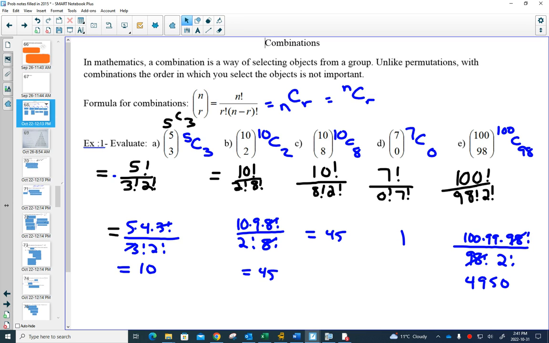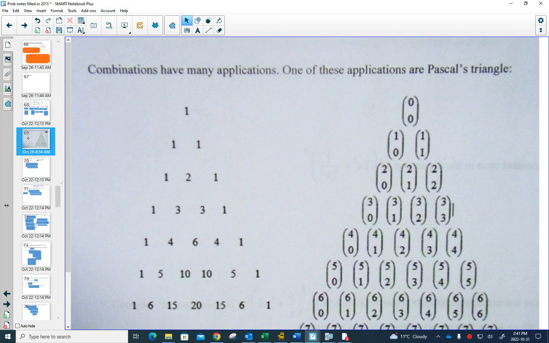So this little bit is a review because it's going to connect to what we're doing next. We're reviewing this from grade 12. Remember Pascal's triangle, and remember that Pascal's triangle is just combinations. So, for example, if I take this row here, this is 4 choose 0,